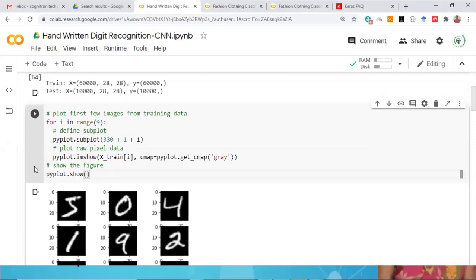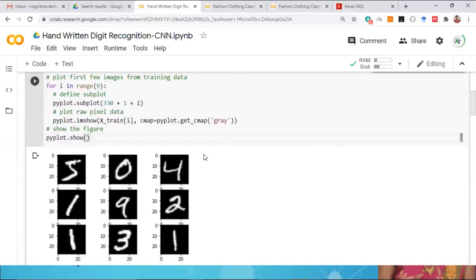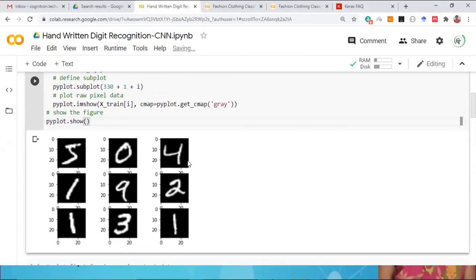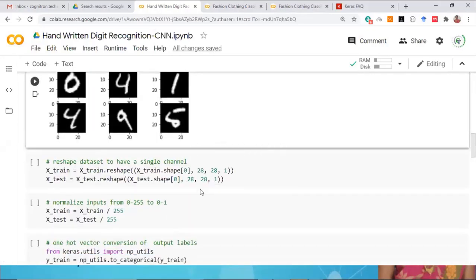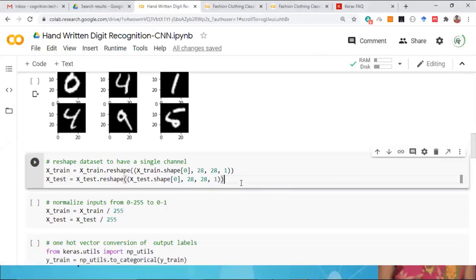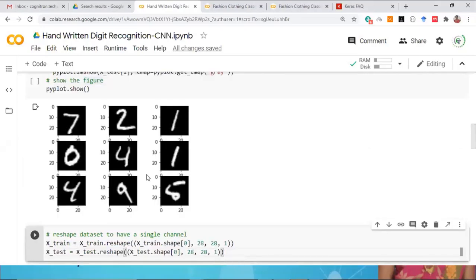Once you have the data set, if you want, you can visualize. Either a particular image you can select randomly, or you can display a set of the samples. That is just for the visualization part. Then once you understand how the data is,